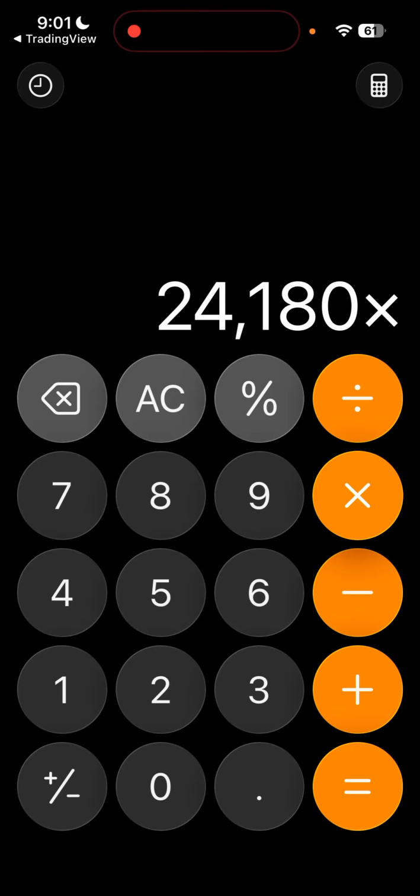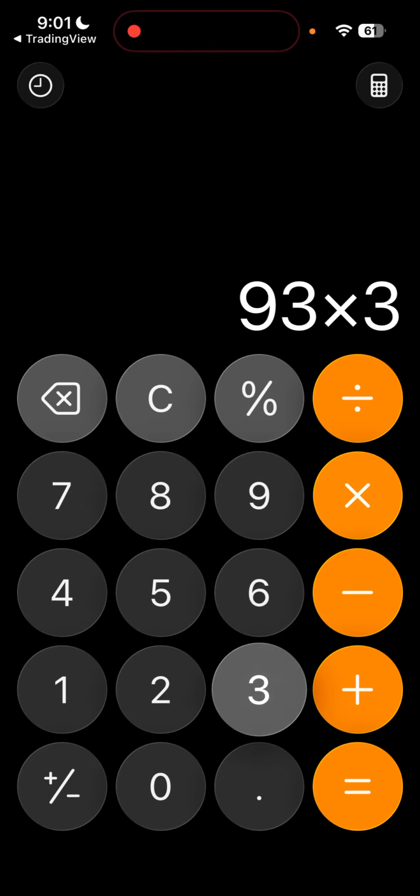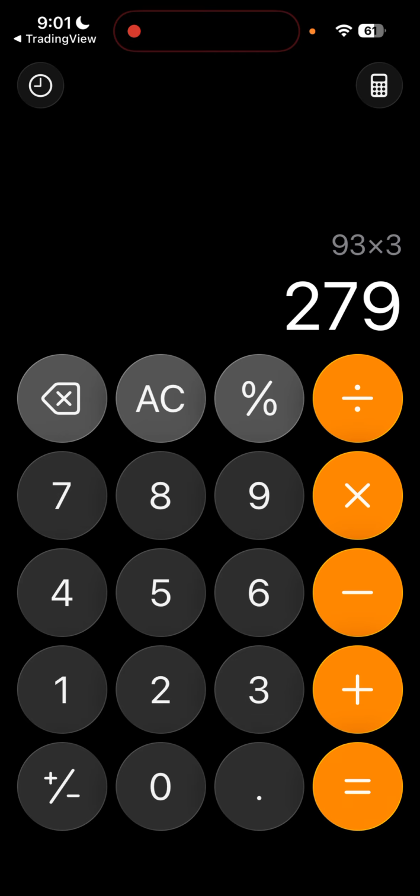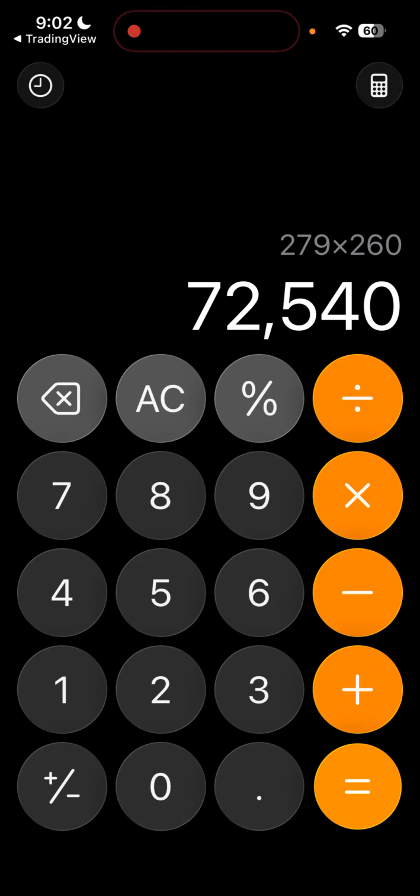And then sometimes I take 3 times 93. If I'm stacking my positions, this is what it looks like. Or sometimes I just in general don't want to stack my positions, I just want to go heavy all at once. So if I took my standard lot size, which is actually very basic and average, I'm never trading $93 per point, I'm trading $279 per point, times 260, it would have been a $72,000 profit day